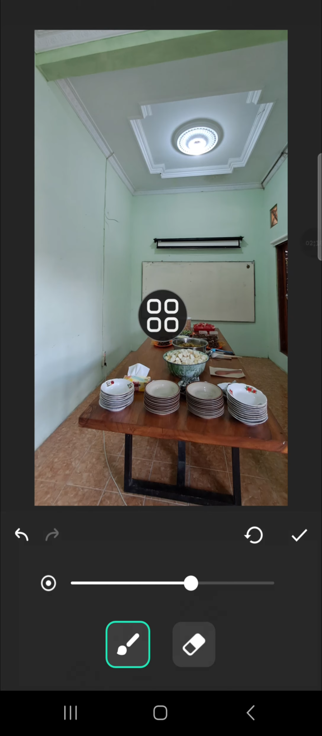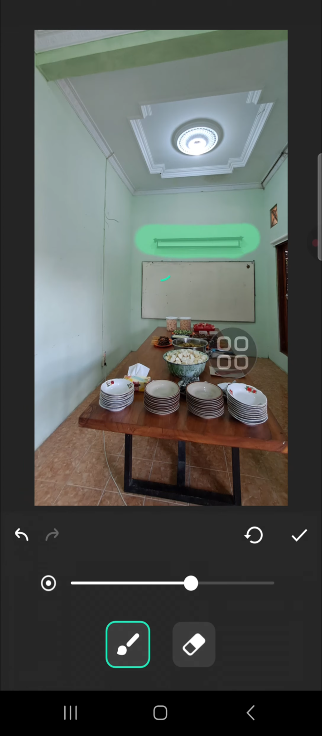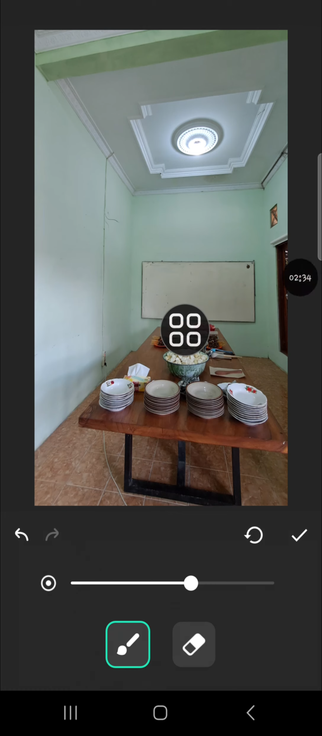And then I'm going to try to remove another object. I'm going to try to remove this one. Okay, wait for a moment. Okay, and as you can see the result is clear,